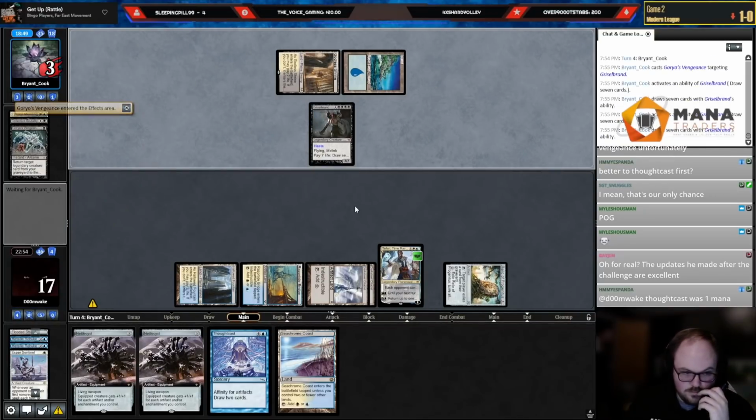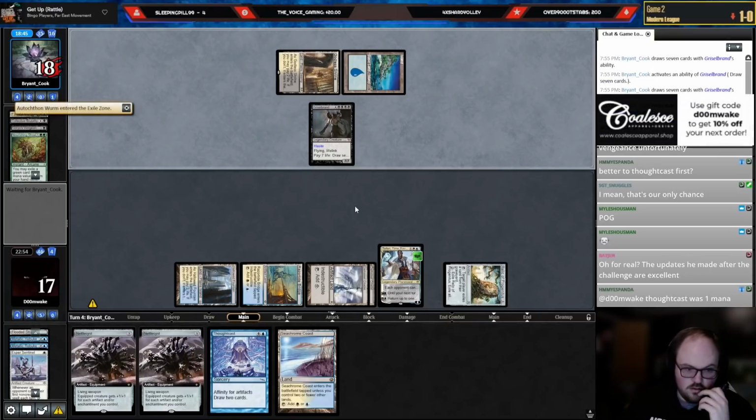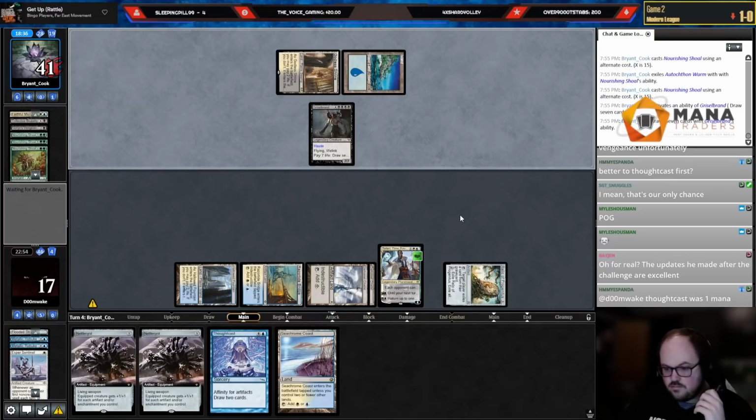Thoughtcast was 1 mana. 1, 2, 3... No, it was 2 mana, right? I had 1, 2, 3. I mean, I guess I could have played Thoughtcast instead of Teferi, but...